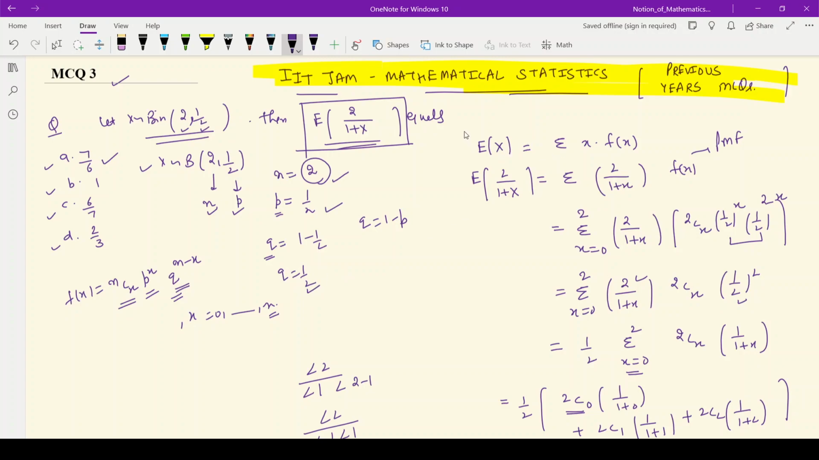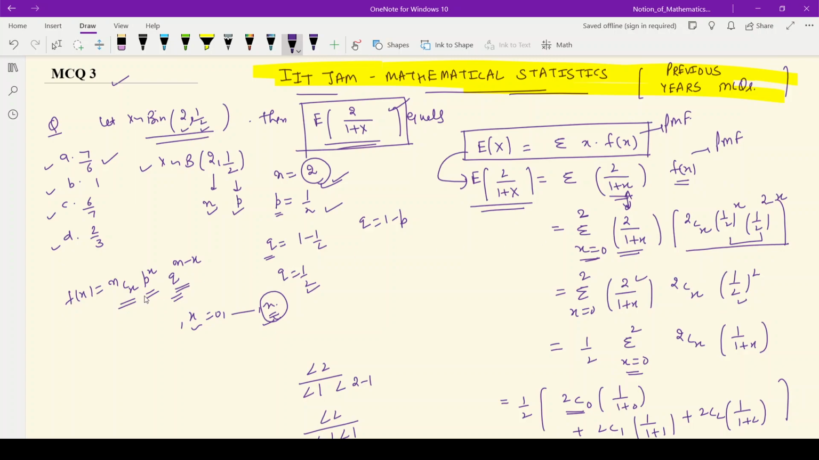Now, as we know, the formula of expectation of X in the discrete approach is summation x into the associated probability mass function. On the basis of this formula, I have evaluated the expectation of 2 upon 1 plus X, because it is demanded in the question. So that will be 2 upon 1 plus x into the associated PMF. In the binomial, we take x from 0 to n, but here n is equal to 2, so x is from 0 to 2, into 2 upon 1 plus x as it is, and into